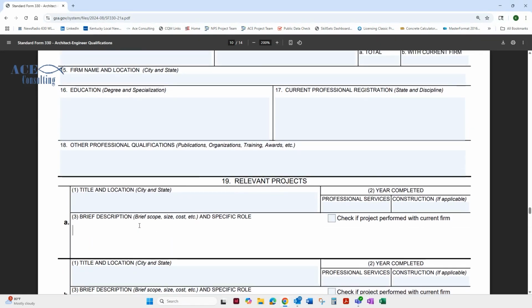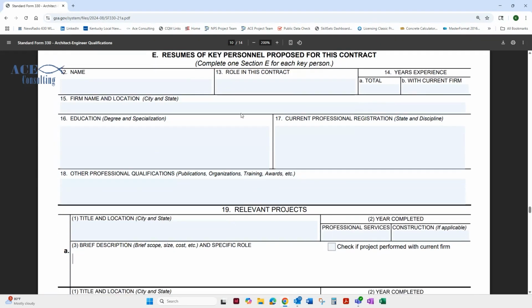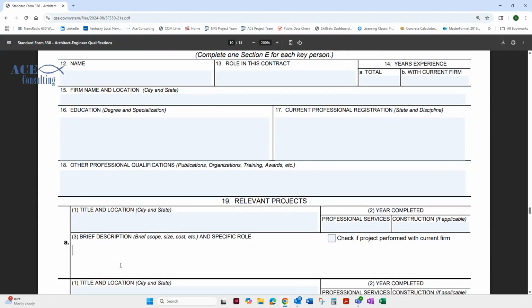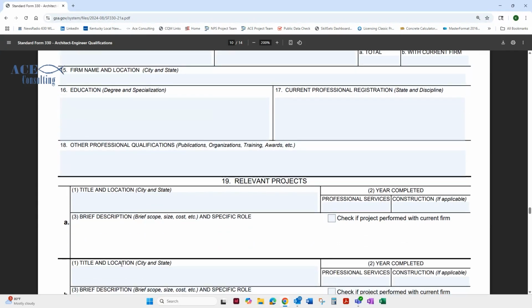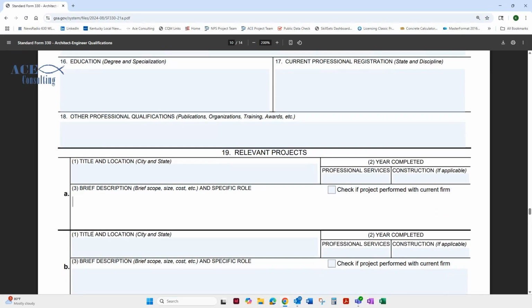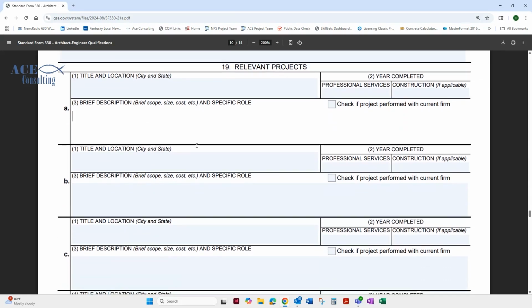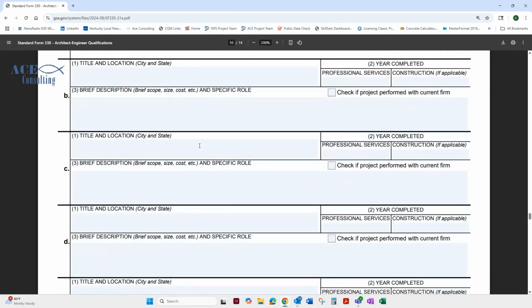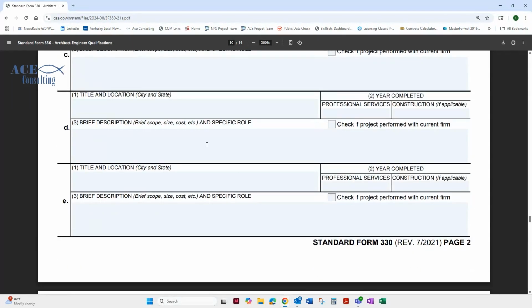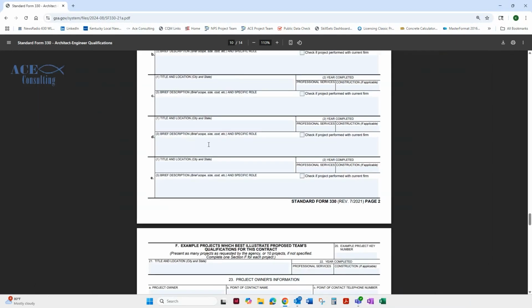So pay very specific attention. If you're filling out an SF330 for VA hospitals, you're going to need to list different projects than if you were filling out an SF330 for a Corps of Engineers project building a levee or a dam or something like that. So don't just put these things at face value. Take your time and build out these relevant projects in such a way that it really speaks to the needs of what you're doing. And again, copy and paste this